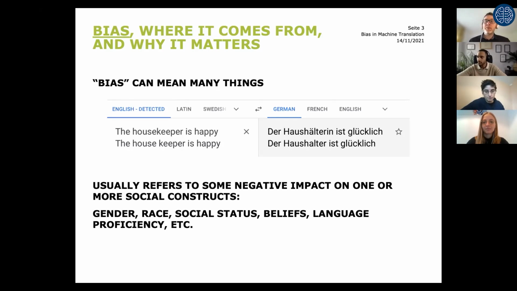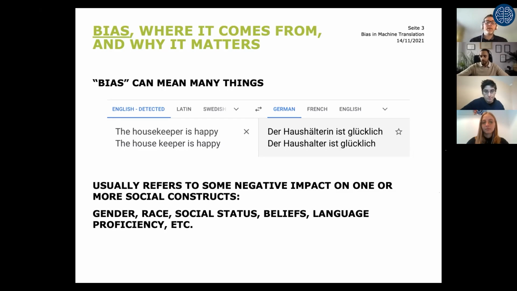In this particular example, there are actually two biases. The first one should hopefully be obvious to any of you who have a little bit of German proficiency. The first one is the feminine nature of housekeeper in the first row. The second one is a language proficiency issue. So I'm a British native speaker. I've made a language mistake in the second one, and Google has automatically defaulted to the male type. So in these two situations, we've got a clear bias towards the female housekeeper. And then once a language proficiency error creeps in, albeit a small one, Google defaults and flips to a different